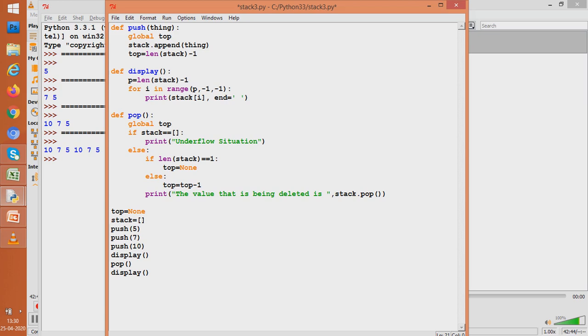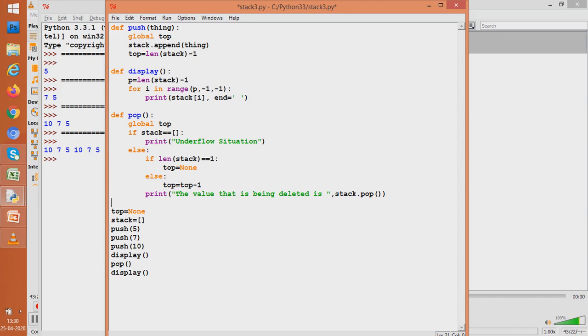Stack has 3 important functions: the push function, the display function, and the pop function, and they work in tandem. When you want to push something, you use the push function to insert. It takes the latest given box in the list, and pop pops in the reverse order, so the latest element that was kept is deleted first. So now let us see how these functions push and pop together work for us.